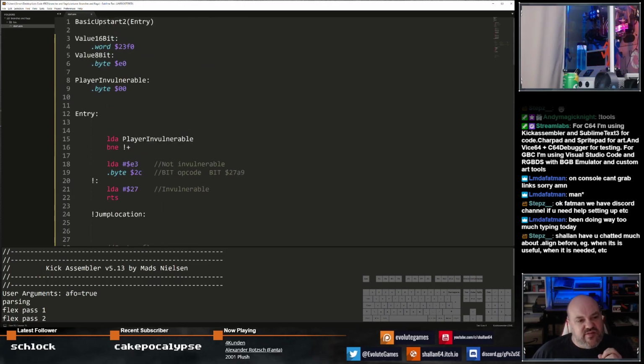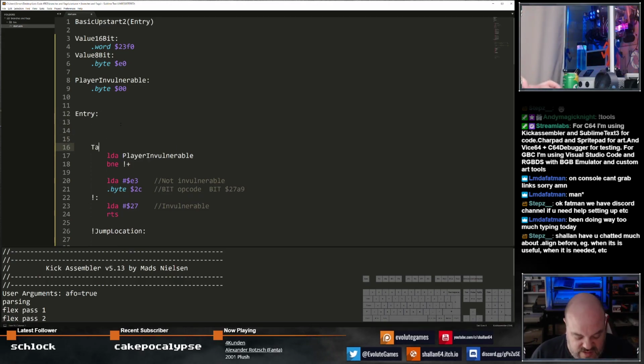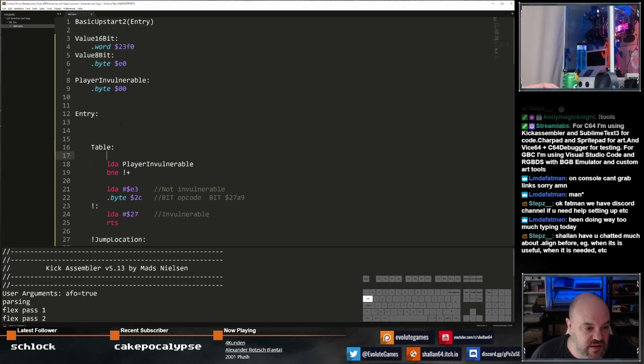Okay. So we discussed briefly about branches taking more than 2 or 3 cycles if they cross a page boundary. So let's explain that a little bit. Sometimes you need your code to align neatly to a location. So imagine we have a table here, and this table contains all the numbers